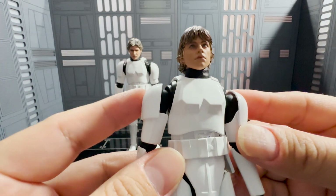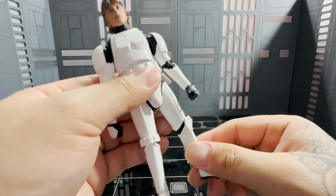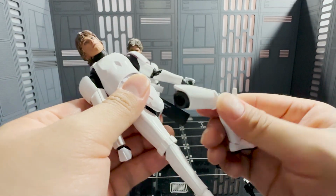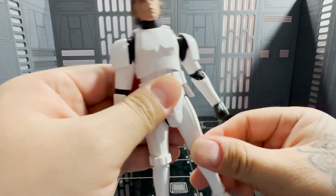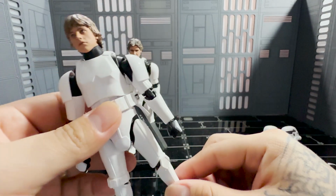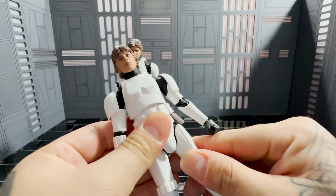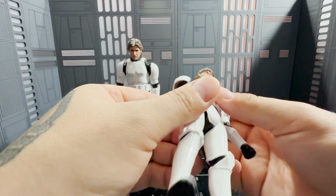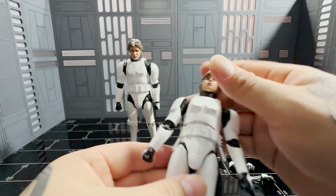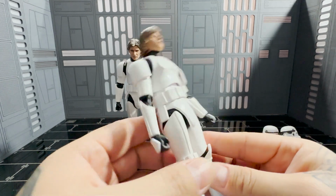The face on Mark Hamill looks pretty good. My legs seem to hit a threshold. If I try to lift it up too much, his leg seems to pop out real easily, so be careful with that. Obviously, they're not really going to be lifting up their legs and kicking up, but it does feel a little shitty knowing that I can't even get them to do like a...